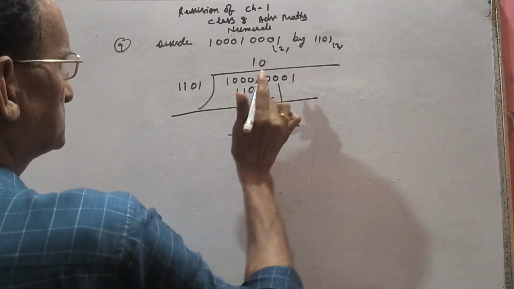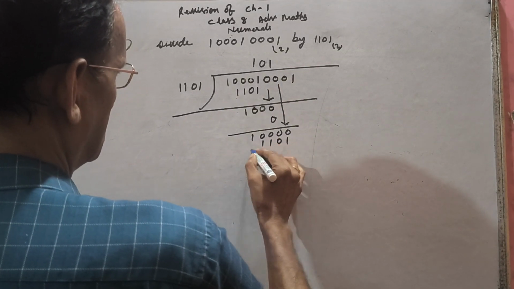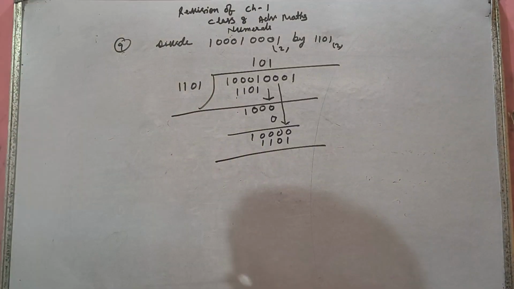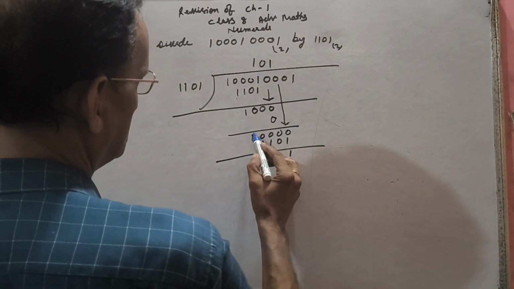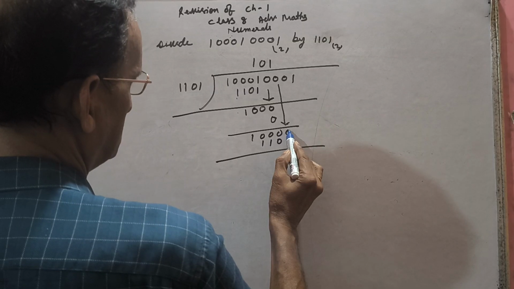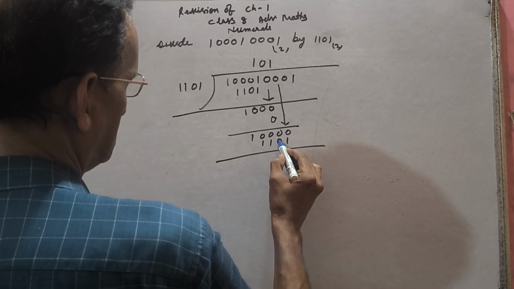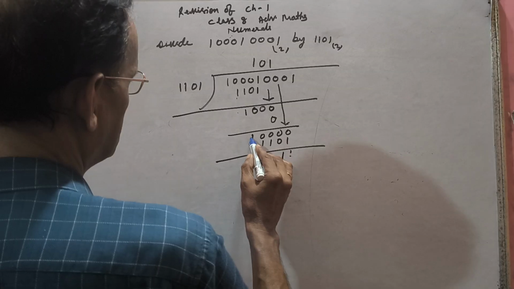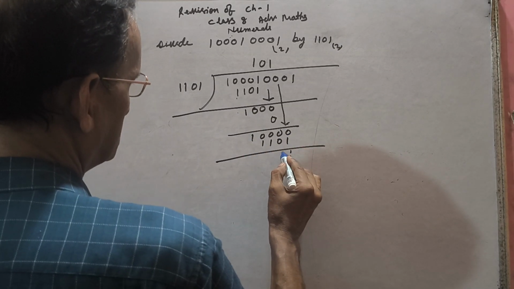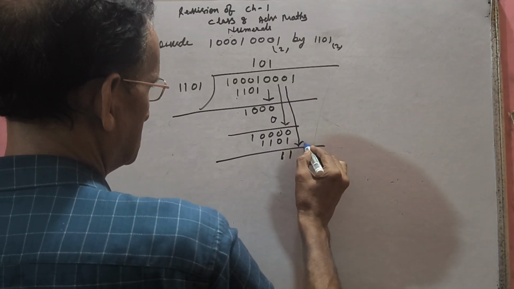Now this is more than this, so now we can have 1 time: 1 0 1 1. Okay, now subtract 10 minus 1 1. From where will we take? From here. 10 minus 1 1. All 0 will become 1. So 1 minus 0 is 1, 1 minus 1 is 0, 1 minus 1 is 0. No need to write, and there is no more 1 already given here. So only what you will get? 11. Then again you copy this 0.